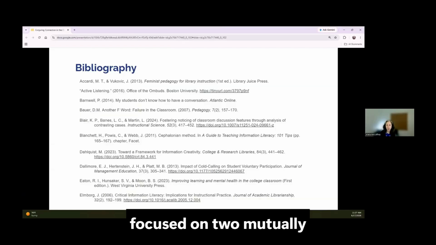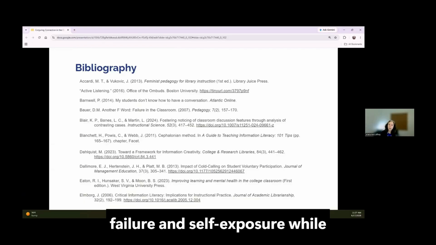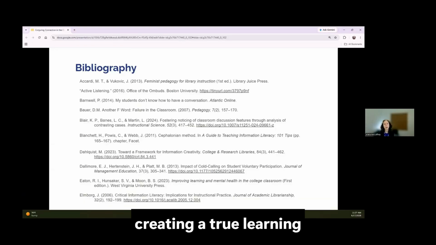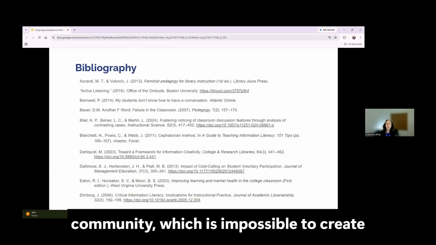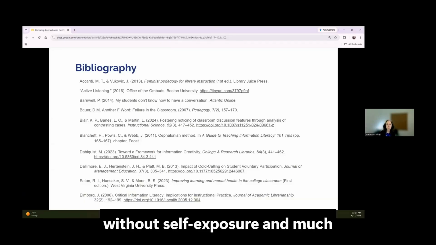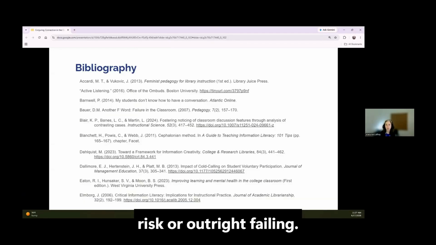Perhaps we are focused on two mutually conflicting goals, avoiding failure and self-exposure while creating a true learning community, which is impossible to create without self-exposure and much risk or outright failing.